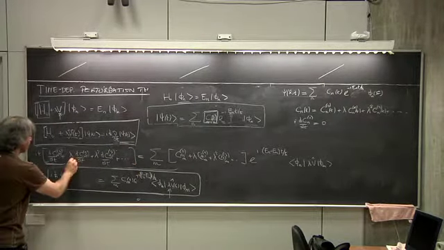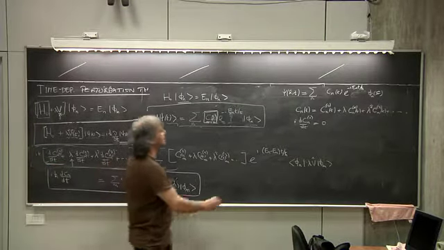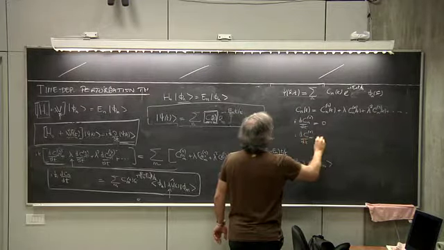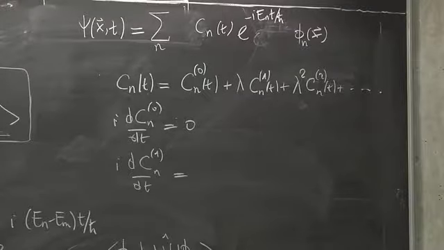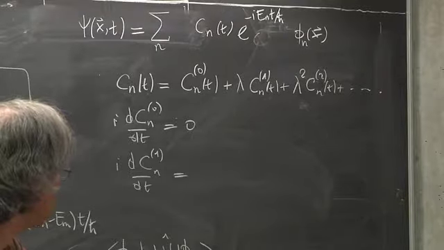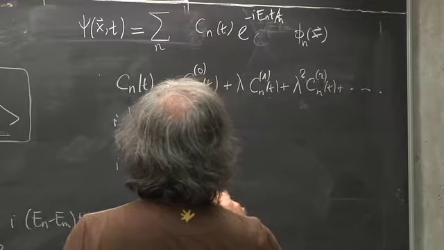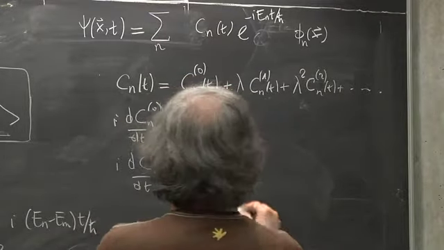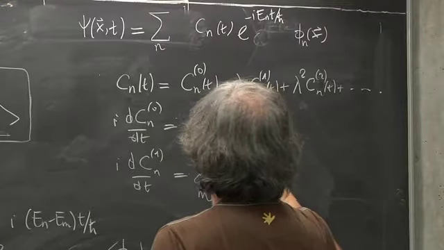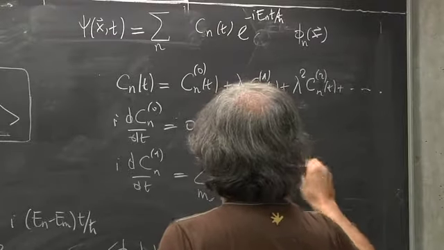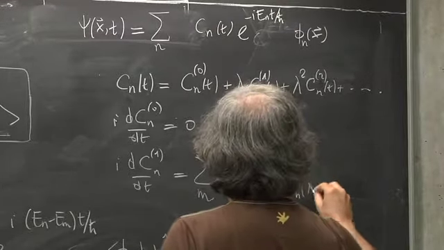First order means a single lambda. On the left-hand side, I have i h bar, derivative of C1, n, equal. Let's see what I have on the right-hand side, first order in lambda. You would be tempted to say this. No, this is not first order in lambda, because this is already first order. So I have to take this times C0. So I have the sum over m of this coefficient here, e to the minus i, (E_n minus E_m) t over h bar, phi n,